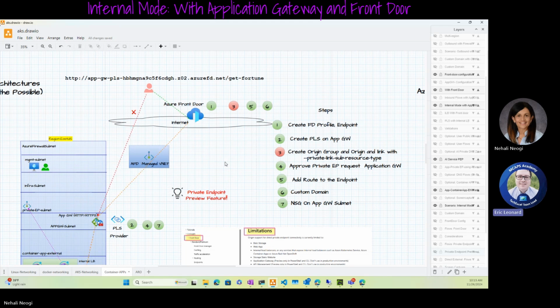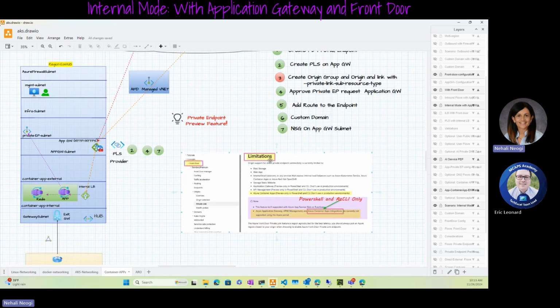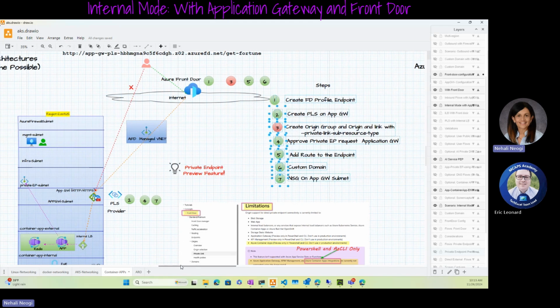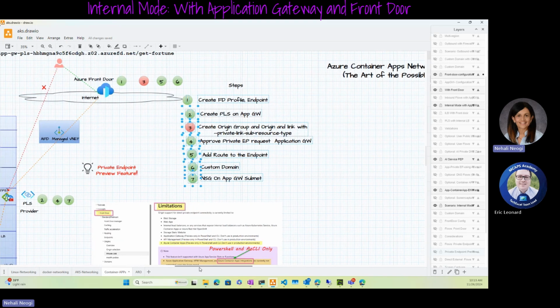AZ CLI or Azure PowerShell is your friend. Yeah, and this is still in preview for both Container Apps and Application Gateway. So be sure to have AZ CLI as your friend for sure. And I have, for my own documentation,